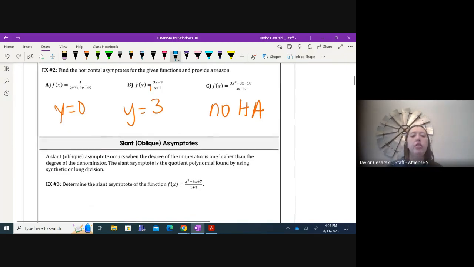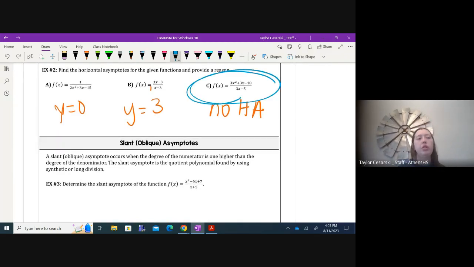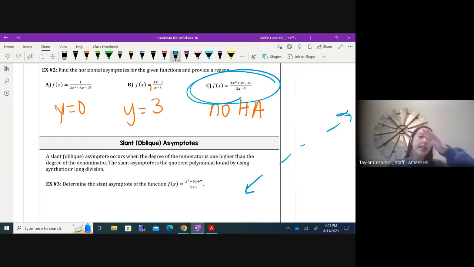All right, so if we have a case like C, where there's no horizontal asymptote, it's possible that there's something called a slant or oblique asymptote, okay? So all that'll look like is it'll be a linear equation, okay? And just like what you think, it slants, okay? Because it's a linear function. It might be something like y equals x minus 2, for example. And this only occurs when the degree of the numerator is 1 degree higher than that of the denominator. So this one would have a slant asymptote. If I had something like 3x cubed over x, that's 2 degrees higher, so that would not have a slant